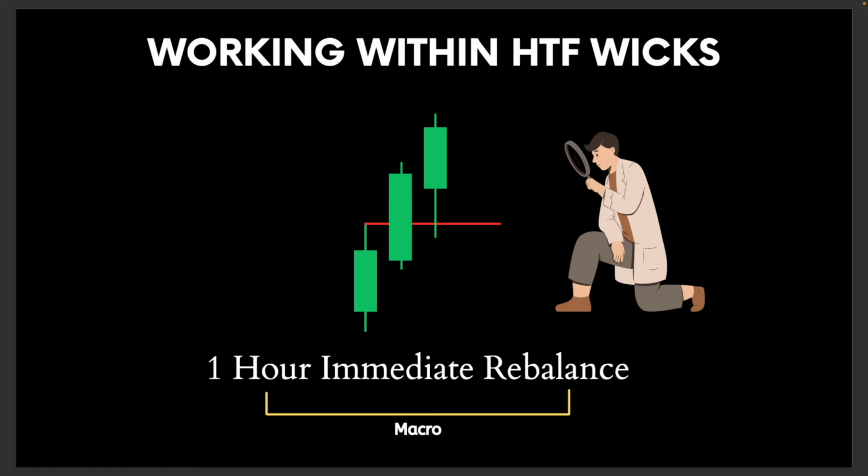Okay, so if I'm watching price on the hourly, you might say, how do we get an immediate rebalance on an hourly chart during a macro if a macro is usually only 20 minutes long, right? Don't you have 60 minutes in the hourly candle? Yes, but if we see this on the hourly chart, this immediate rebalance formation, okay, this signature, we want to